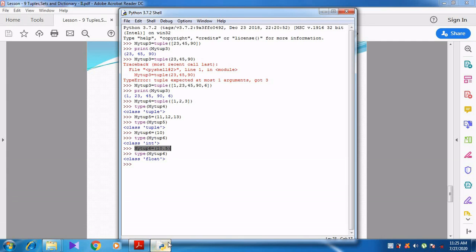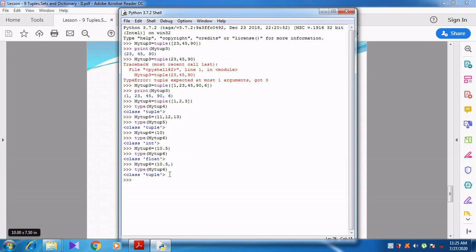But if I use 10.5 with a comma, and use the type function, now you see here, I have given myTuple6 equal to 10.5 comma. Now I am using type of myTuple6 to find out the data type. So now what does it show? It shows tuple.